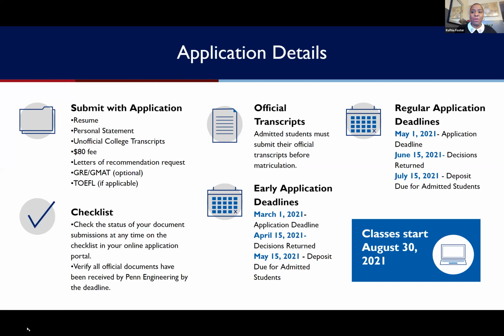And if you're a student that went to a school where English was not the language of instruction, we ask that you take the TOEFL. There are TOEFL waivers available for students, and you would get more information about that after you submit your application. We use the self-managed application process, so you're able to check the progress of your application after you submit it. So you'll be able to see if your recommendations have been received, if there's additional information that we might need for your application to be complete.